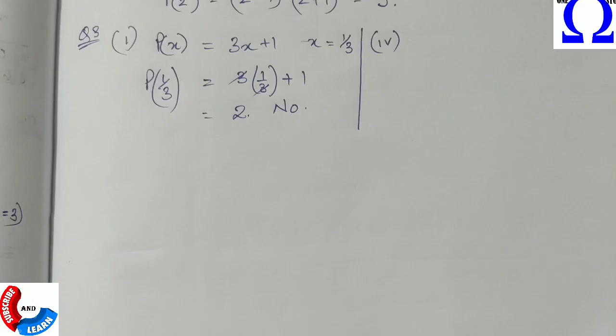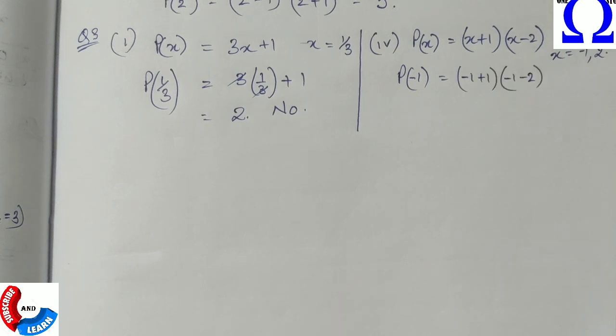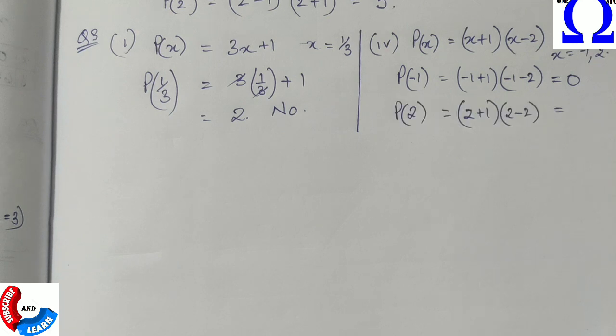Understood? So let's try one more question, that is question number 4, in which p of x is given as (x plus 1)(x minus 2), and the values of x given are minus 1 and plus 2. Let's first find p of minus 1, and we know that it will become 0. So clearly minus 1 is the 0 of the polynomial. We need to check the same for plus 2, and we find 2 minus 2, that is 0. So p of 2 is 0. Now 2 is also a